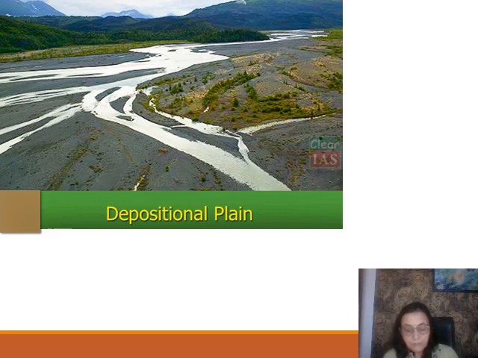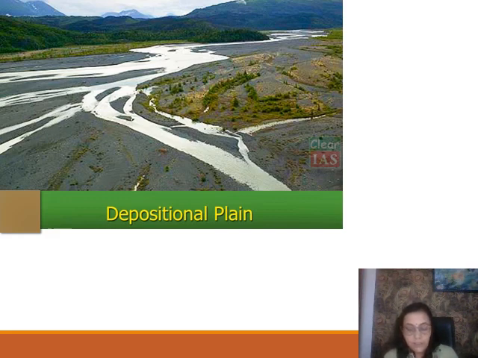So they are regarded as the granaries of the world, the depositional plains made by the rivers, because the fertile silt which has been brought down by the rivers makes the soil very fertile. That is why agriculturally the depositional plains are very significant. We are also living in that area only, and you all know how important it is from the point of